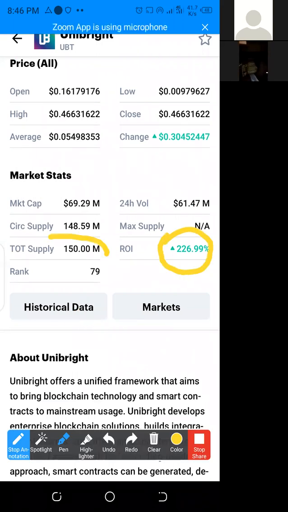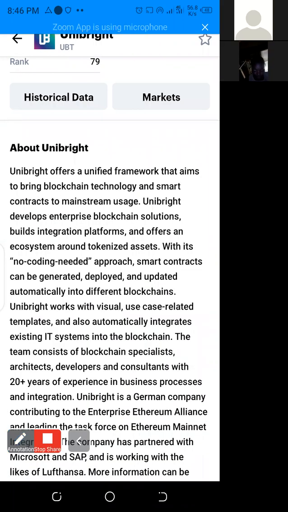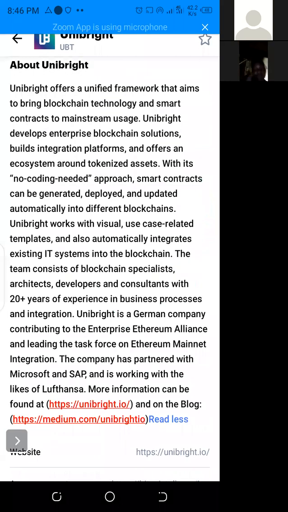See the total supply. The total supply is 150 million, which is very okay. But it is the use case that is even making me trip for this coin, the use case. Can you see how they take their time? I wish I had time to talk about their use case. Because the same way that WordPress made website easy to build is the same thing that this coin is doing. When you have stuffs that you want to build,